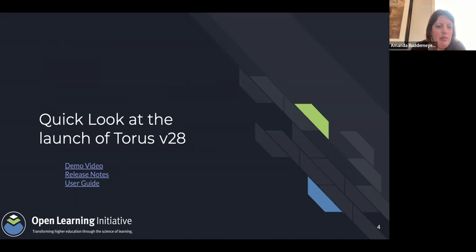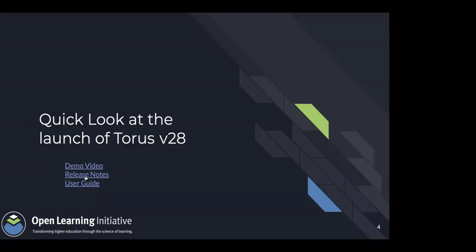All right. I don't know why I said a quick look at the launch. Oh, I said at the launch, not at Torus version 28. We're not actually going to be taking a look at Torus version 28. Again, we have our demo video. If you really want specific information about exactly what is in that release, and in particular, if you use the Torus triage board to report,